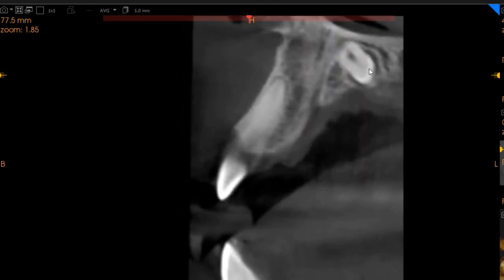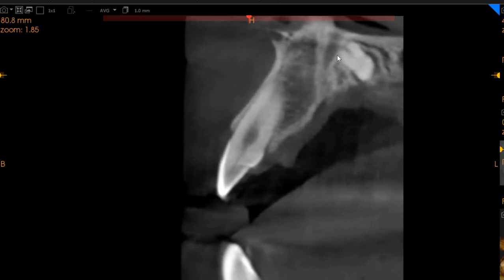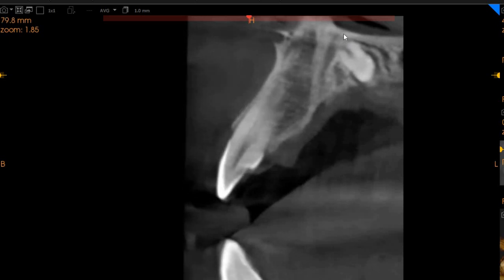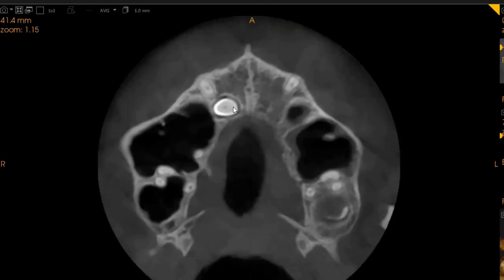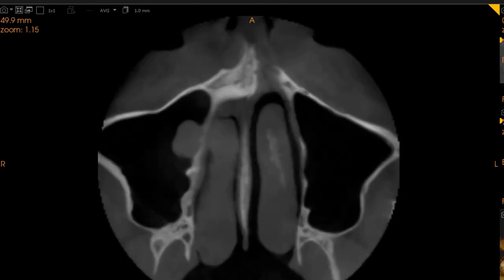And then there's another supernumerary tooth here whose crown is towards the palate, and the apex does not seem to be completely closed and is on the left hand side, distal to the incisive foramen. Now this is the axial view. This is the tooth on the right side, and now we're going to show you the tooth on the left hand side, which is